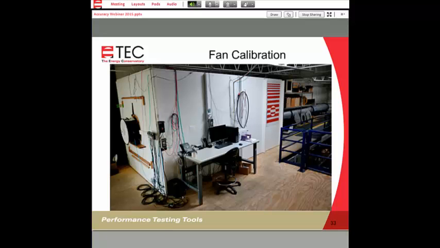So what are we talking about with a chamber? This is our chamber here at TEC. You see on the left-hand side a fan attached to this big white box. This big white box is basically a settling area. There are a number of screens inside there that break up the airflow so that it's not swirling and it's not on one side versus another.